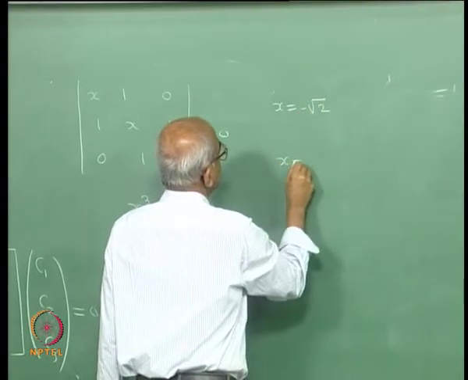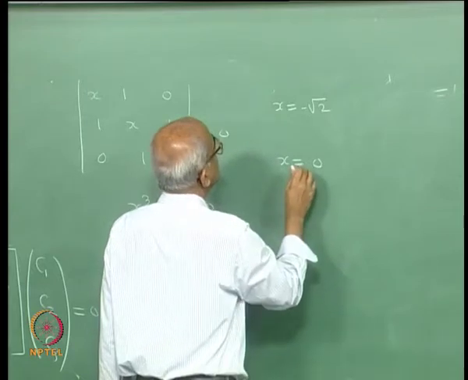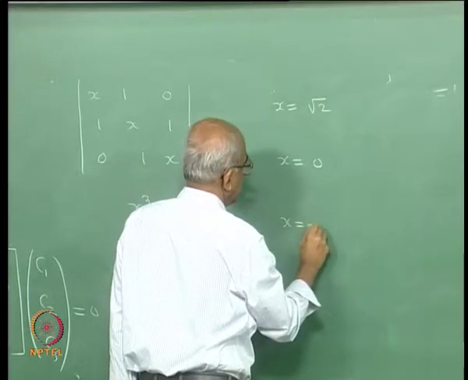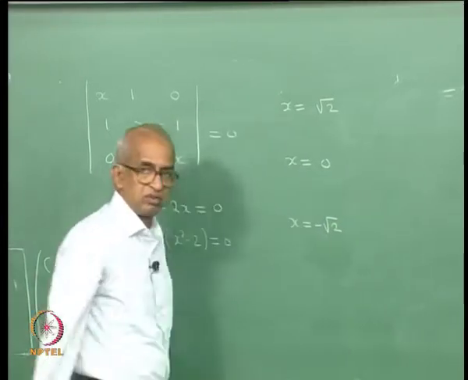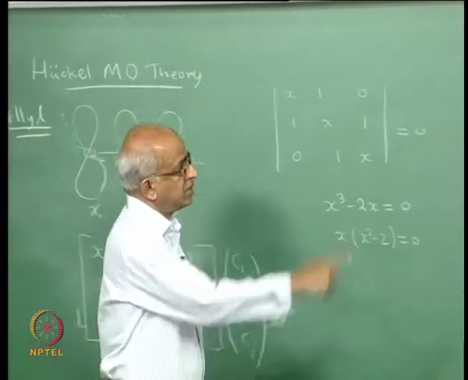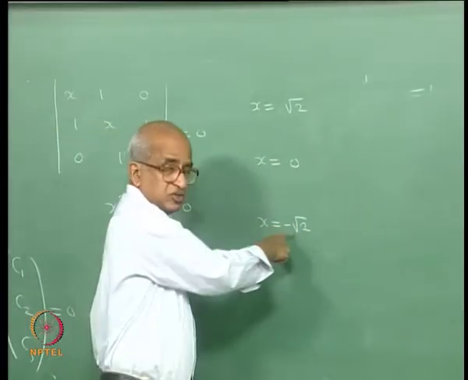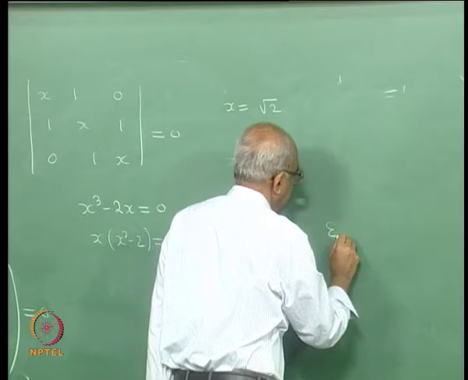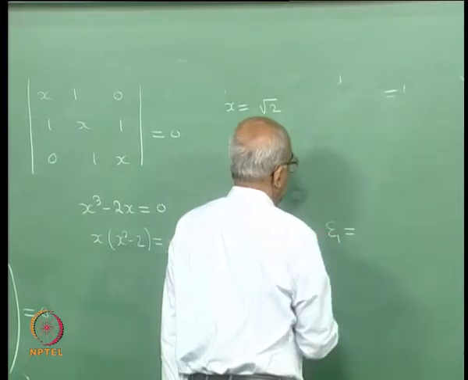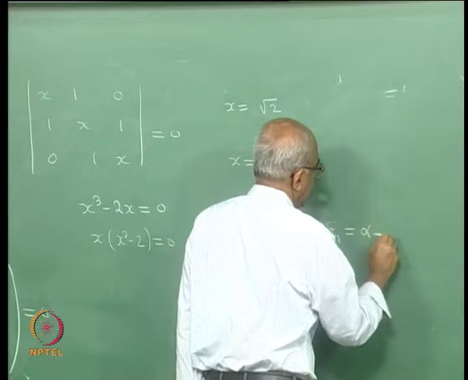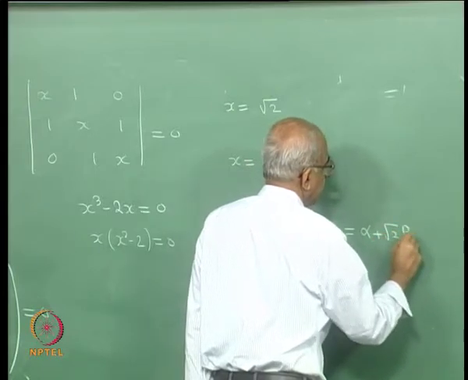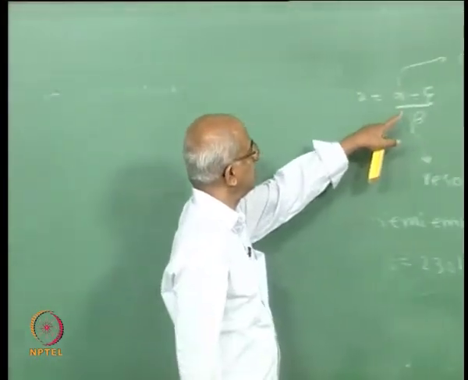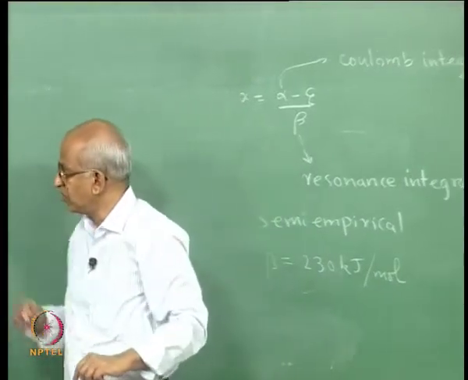The next possibility is x is equal to 0, and well, let me put x is equal to plus root 2 first, then x being equal to minus root 2. So, then I will have to say that alpha minus script t by beta is minus root 2, which you can easily find. The solution, you will find that the corresponding energy is script E1, which is alpha plus root 2 beta. Right, you just put this minus root 2 in here and then rearrange, and you will find that script t must be equal to so much.